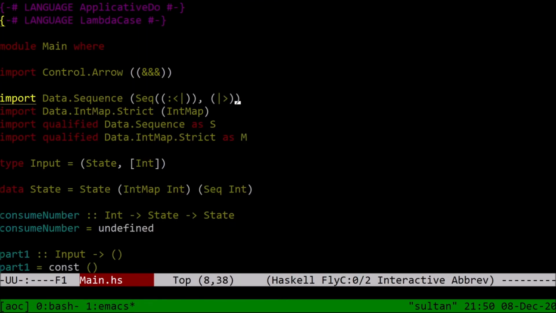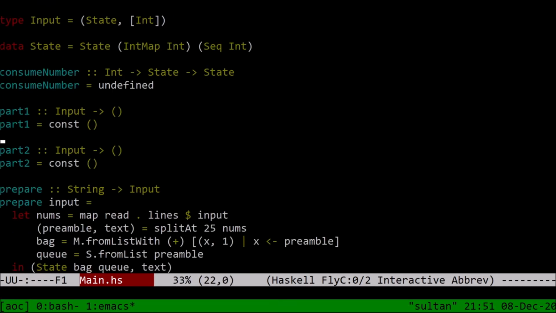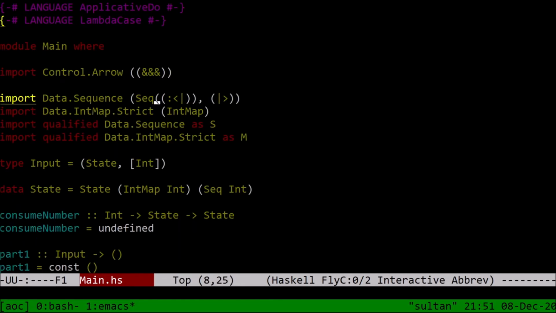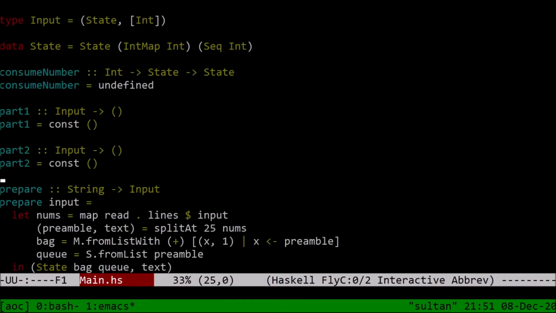Because we're going to, in the future, be adding stuff to the end of the list with this operator, and then removing it from the front of the list with this. I guess I, in principle, should maybe import empty, but I don't expect to ever run out, so I won't. Okay, so